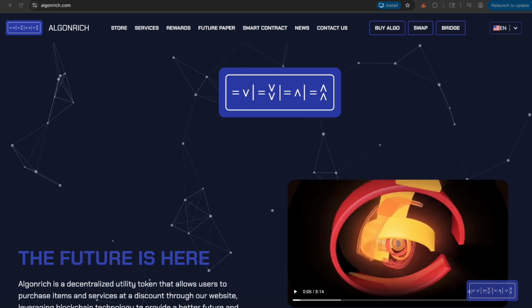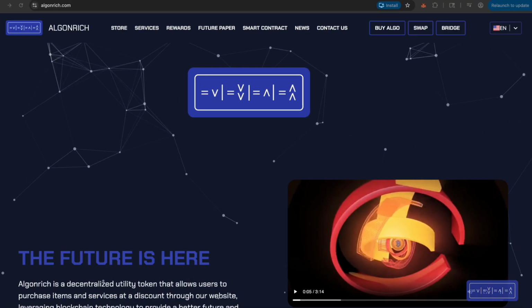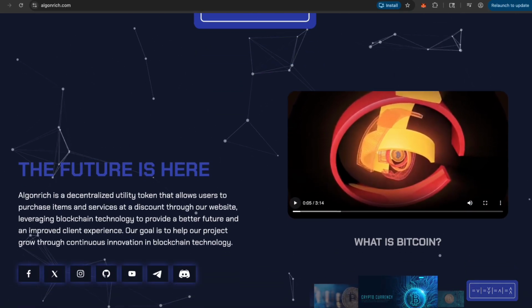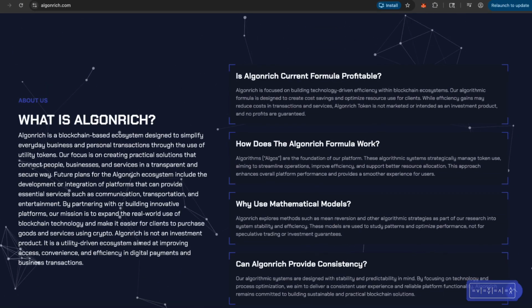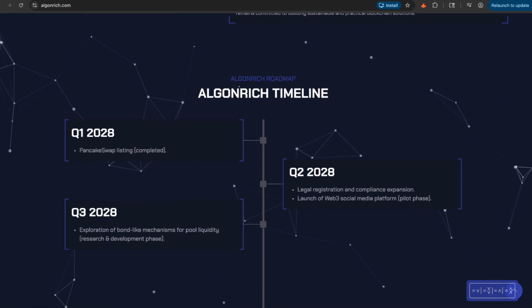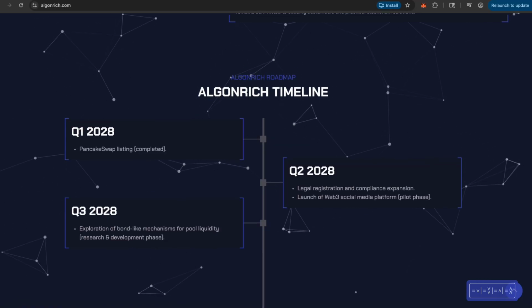In this video, we're going to be talking about the roadmap of Algonrich, and we're going to go to the main page and go over it in the details of it. So, as you can see, once you go into algonrich.com, you're going to see the main page, and all you have to do is go down to the middle of the page, and you should be able to see the roadmap. So here we have the Algorithm's timeline, and in first or quarter one of 2028, we have